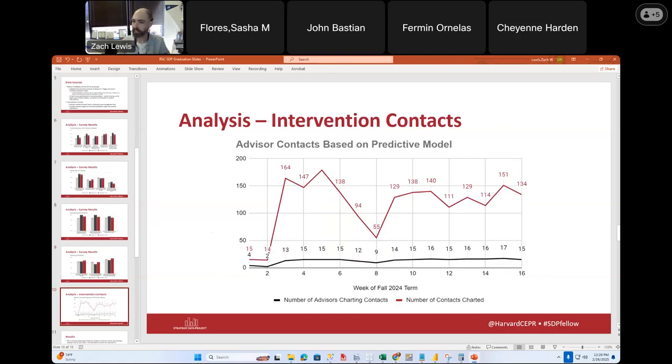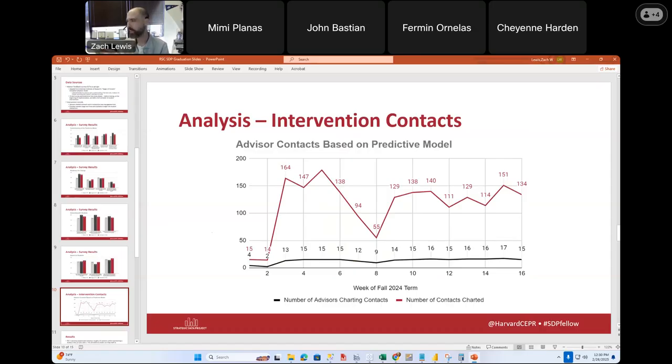So I mentioned that, in addition to the survey, we also collected data on records of student engagement that advisors were charting in Rio Compass along the way. We saw some pretty strong trends in this, but also some results that I think parallel what we see in the survey, with that initial excitement and then a bit of a retraction. And I think, interestingly, now that I'm looking at this data, it mirrors some of those curves